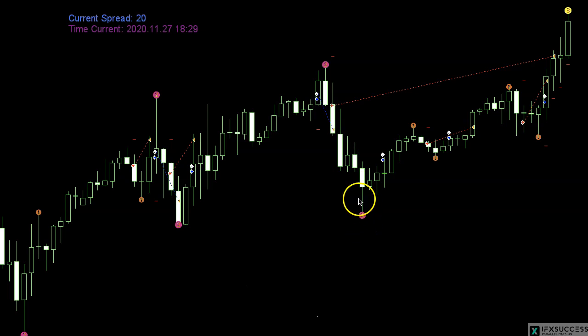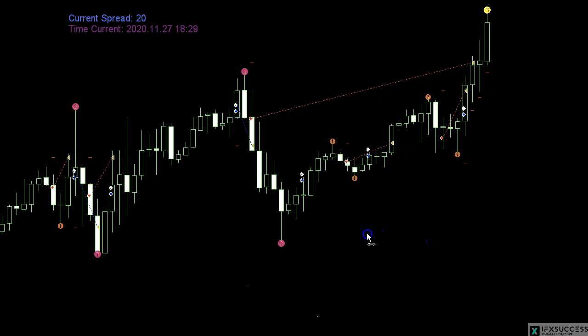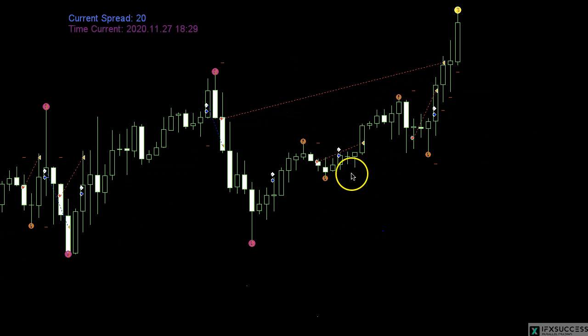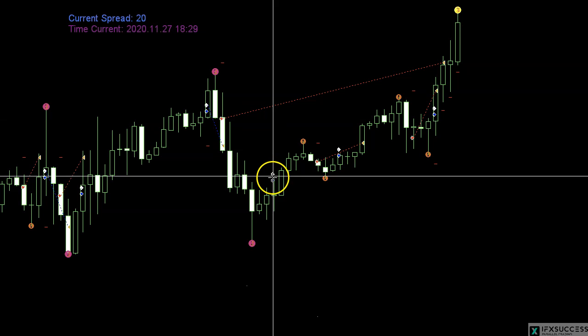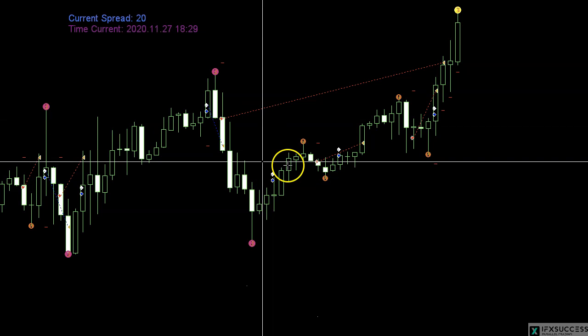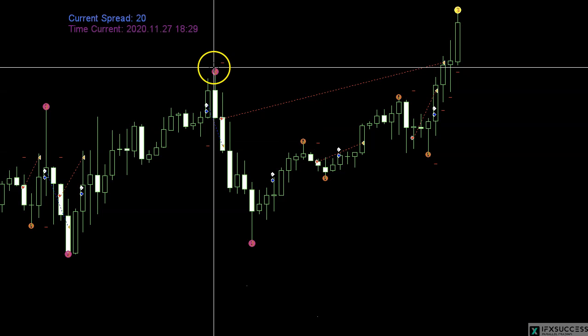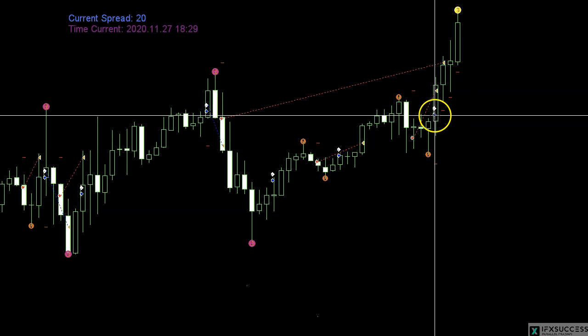So we would have gotten an entry over here, then another entry right over here, another small entry over here. But again, we're not going to be able to follow every entry. Once we know our direction, and once we know the best entries that we can look for, then we're not going to enter on every signal that we get. So this would have been all of the signals that you would have gotten under the 1 hour. And you can say, don't give me every single entry, give me just, let's say, number 2 entries and number 3. So right over here we had a nice buy entry that would have worked for 35